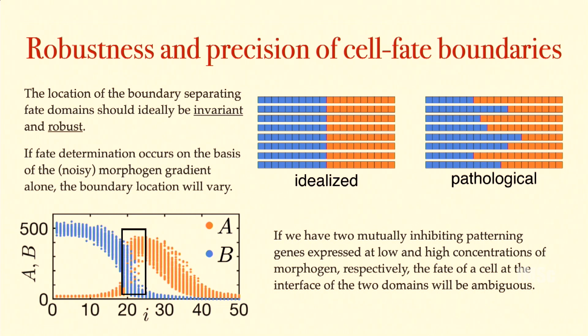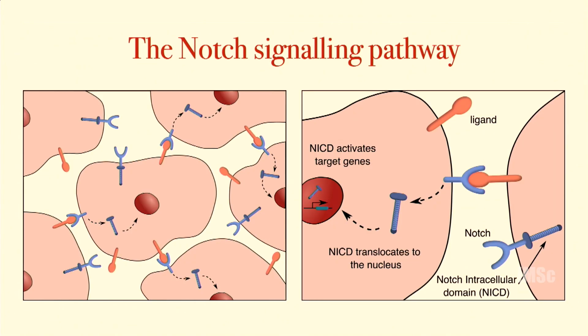So how do cells avoid this problem? How do cells in developing embryos avoid this problem? Well, there are many mechanisms that have been proposed and which have been shown in reality to work. For example, cells can move around during development to try and figure out where they are closer to cells of a similar fate. But what we're going to focus on here is a mechanism which is also known to occur, which is